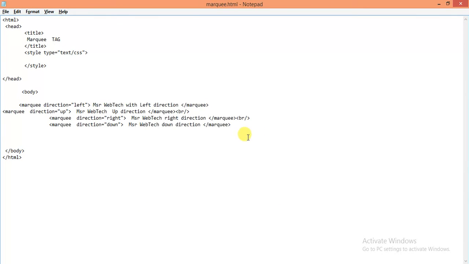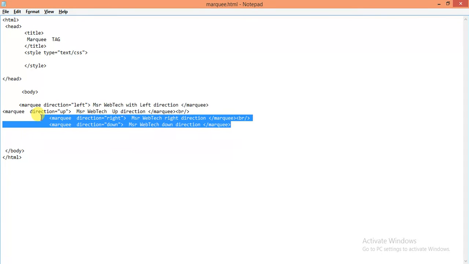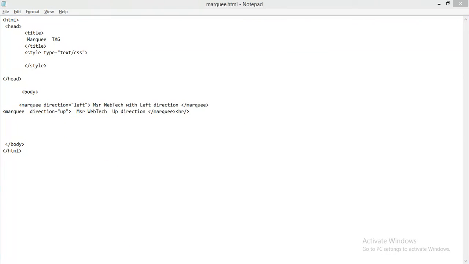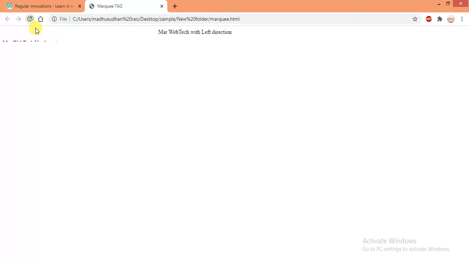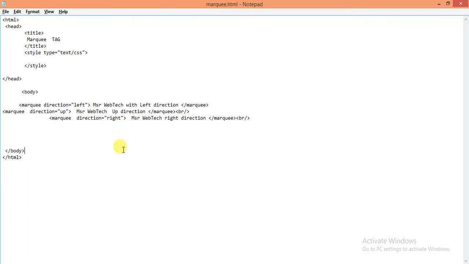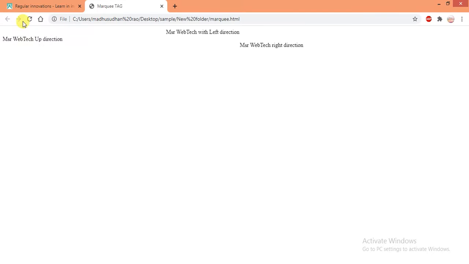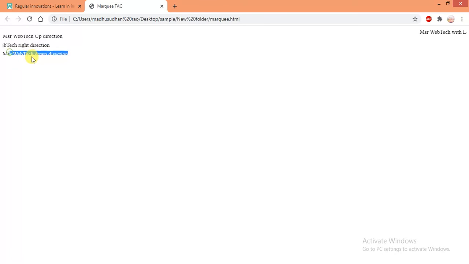Next thing will be MSR Webtech with up. Just Ctrl S and see the effect. Here is an up direction effect. Next thing is MSR Webtech with direction attribute right. Here you are getting the right direction. Next thing will be down. Just save with Ctrl S and refresh. You are getting the down effect here.